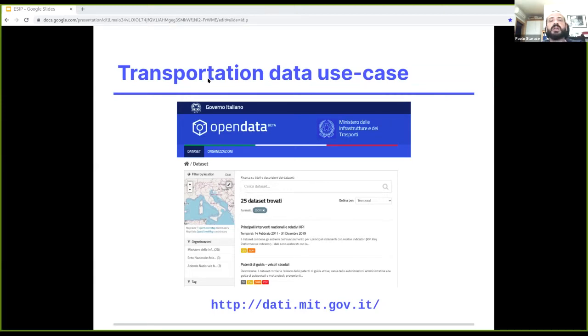I mean, they started annotating the more relevant and maybe the easiest datasets. And what you can find on the portal is annotation about harbors, airports, goods movement, and works, and so on.